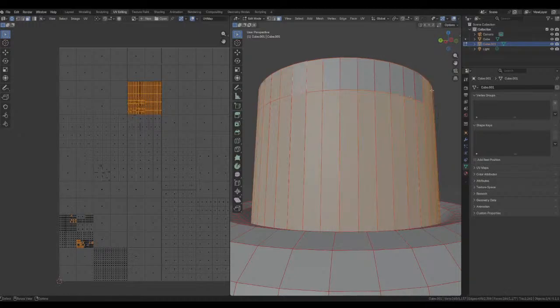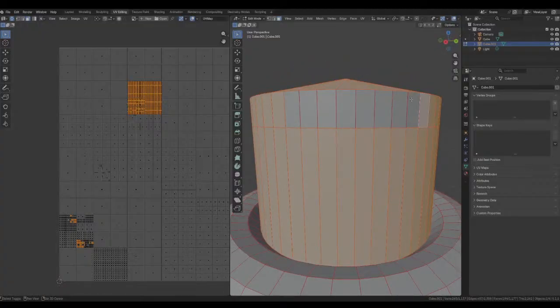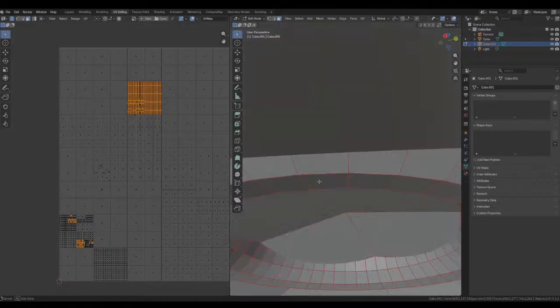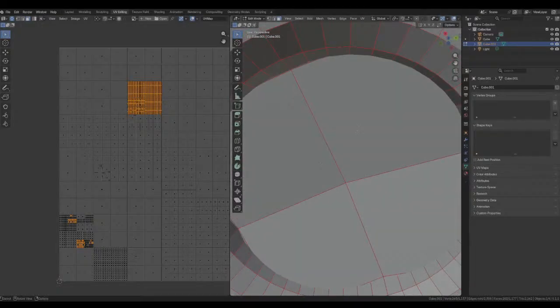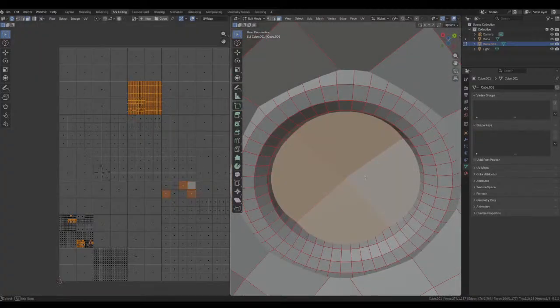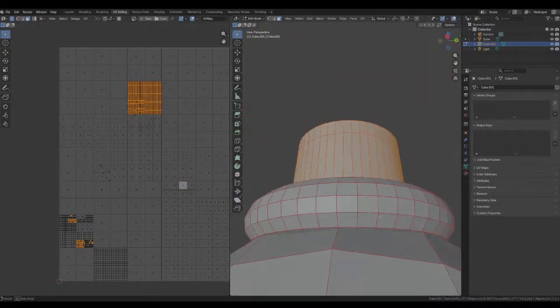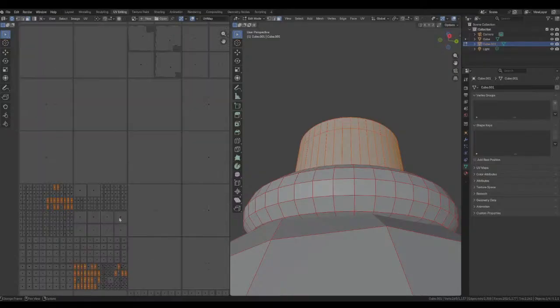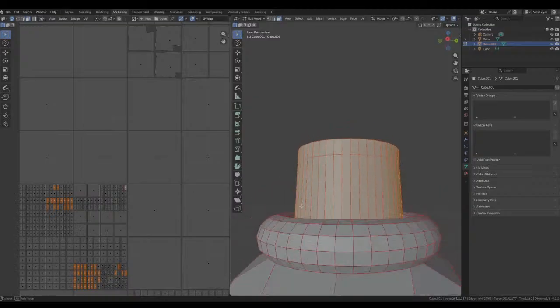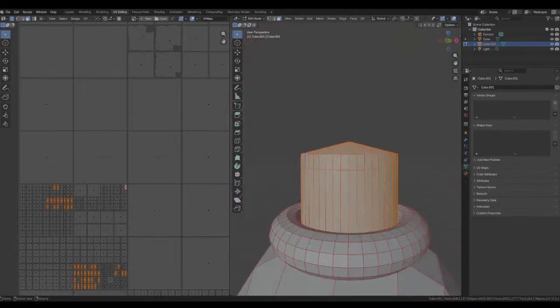Shit. What happened? What's that? Scared the shit out of me. I don't see where that is.